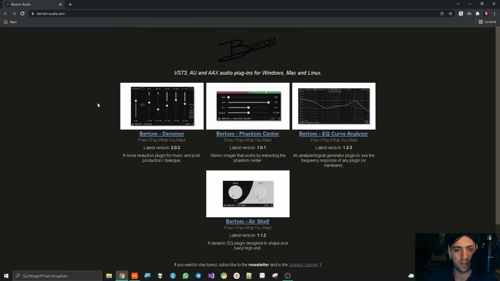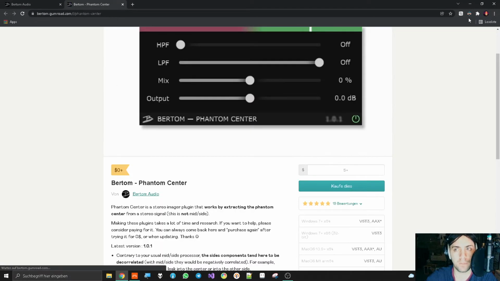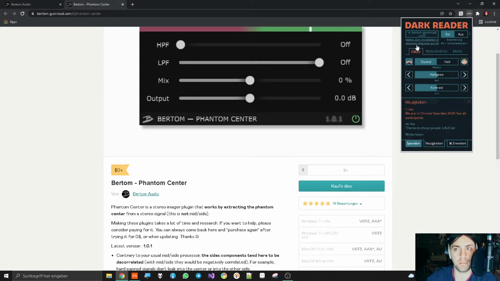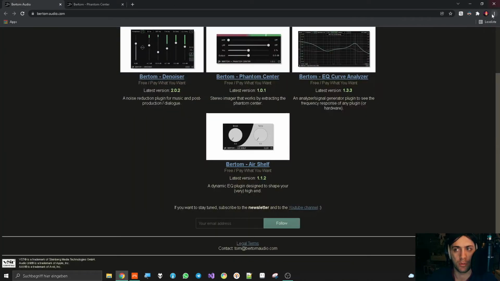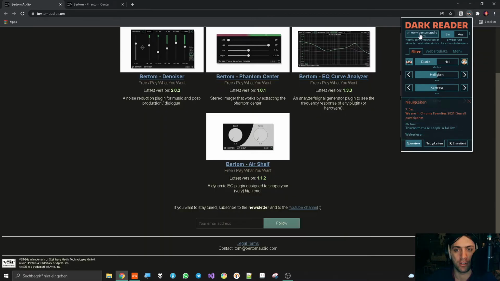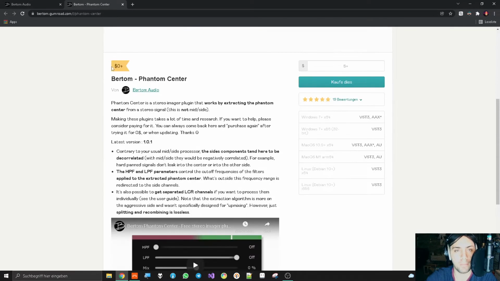Phantom Center has a very interesting description. Let's actually go to the real side of it. Holy crap, that is very light. I want a less light page. Why does it not let me make this dark? Well, anyway. That's very weird actually. I can make the real page dark, but not this one. Anyway,